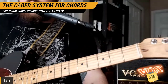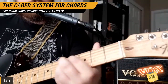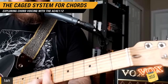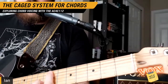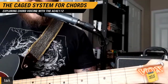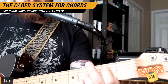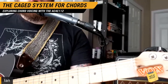That's Scar Tissue by the Red Hot Chili Peppers. And it has that really nice open voiced, just arpeggiating, turning the root and third into this rhythmic pattern. And now if I play those same chords, very simple chord progression. That's an E major, B major, and C sharp minor. If I play those same chords,